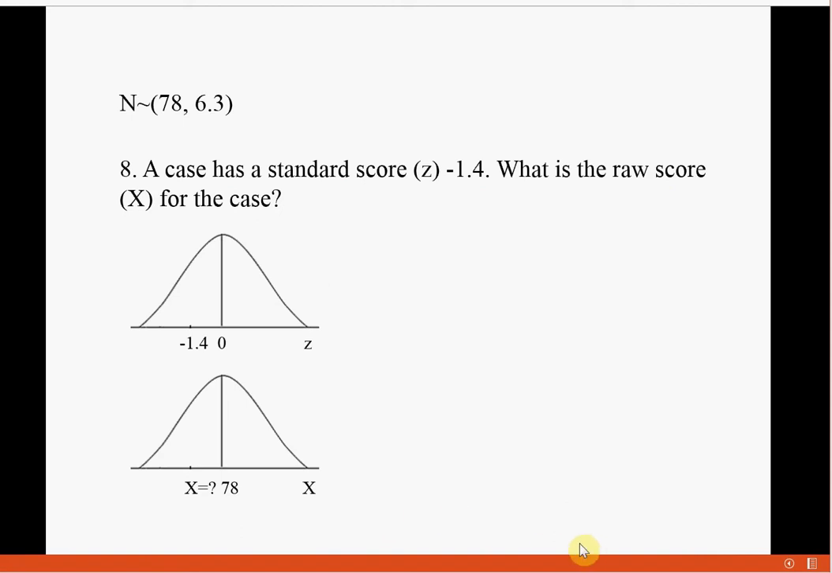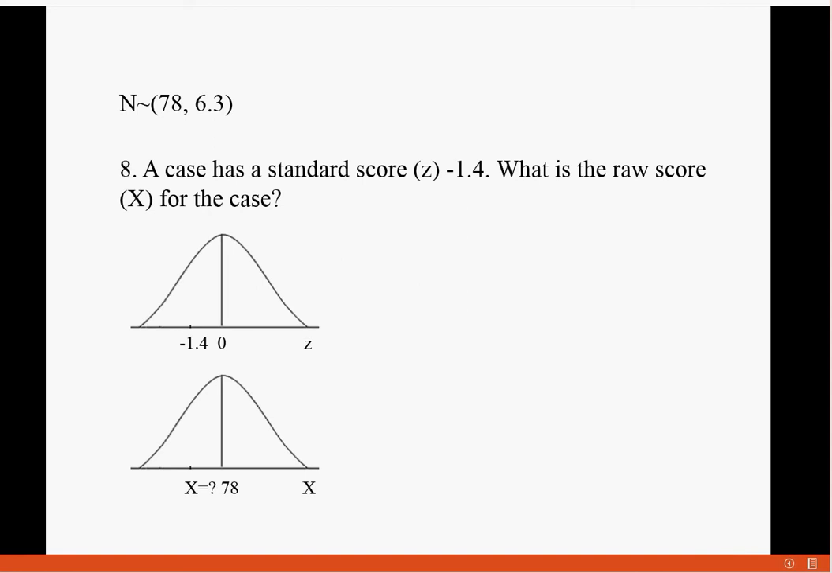Question 8. A case has a standard score, which is z-score negative 1.4. What is the raw score, by which we mean the value of variable x for the case? Now, this is a question that does not involve looking up a normal table. This question is just practice for you to get used to applying the formula to calculate the value of